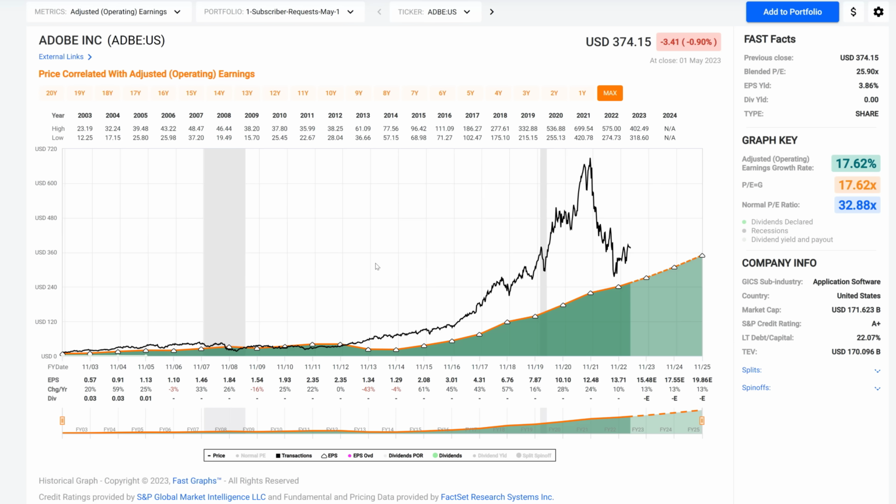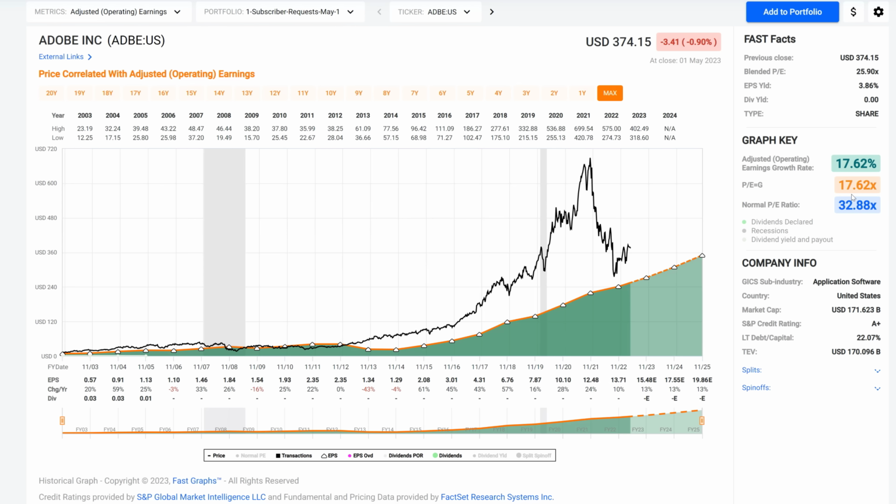But I want to make sure you understand this. I always start with a maximum chart. The dynamic nature of FastGraphs is what makes this a very powerful research tool. So I start shortening the graph. Okay, I've got a 17% growth rate